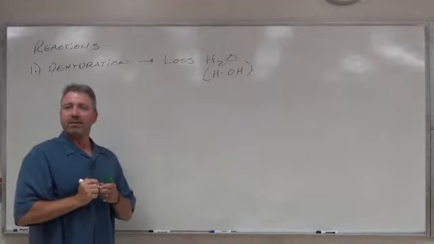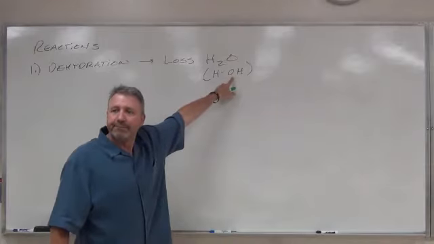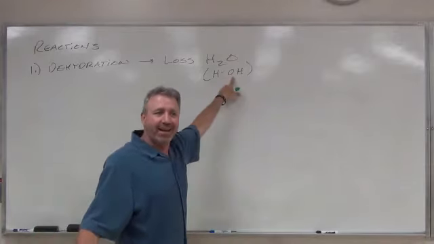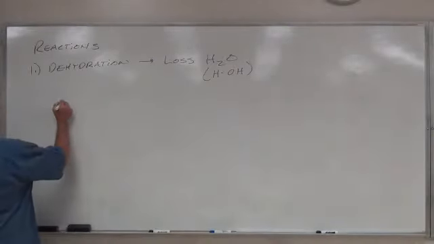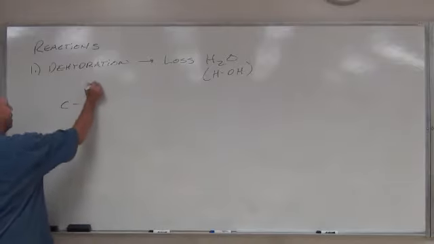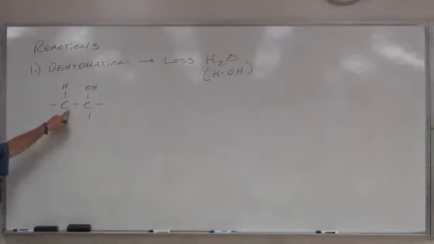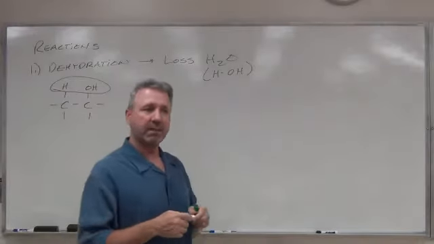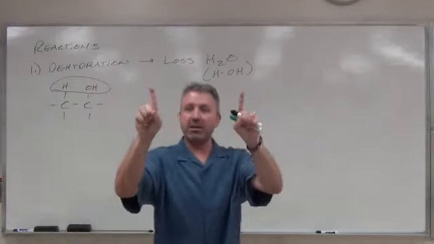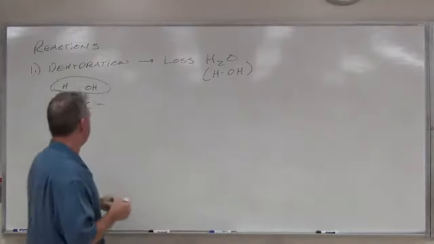right? We're starting to piece together where our water is coming from. See that OH group? You seen that anywhere else? Yeah, that's the alcohol functional group, right? So if you have an alcohol, say you have a generic alcohol, and you have a hydrogen on the adjacent carbon, there's your water right there. There's your water. And what's going to happen is the H and the OH are going to go away, and they're going to come down and form a double bond. So we're going to lose water.